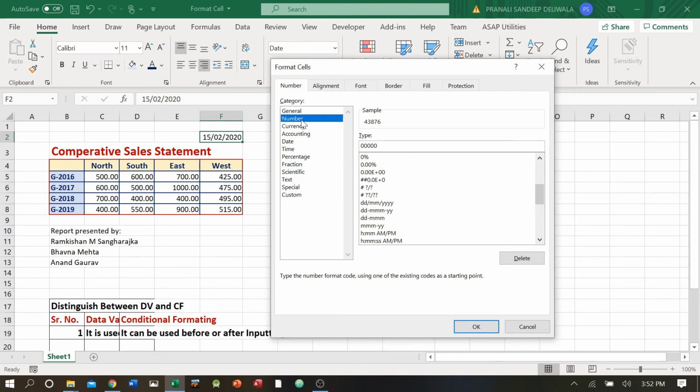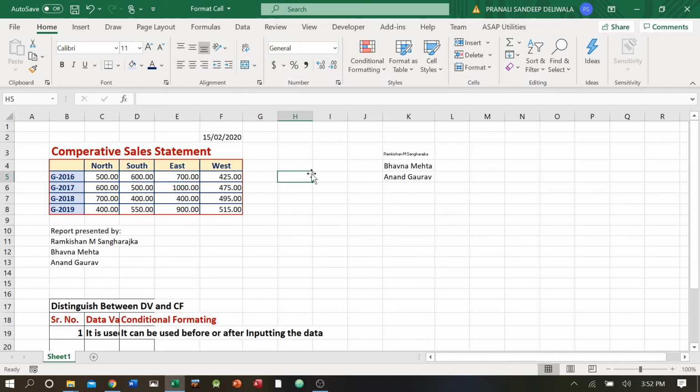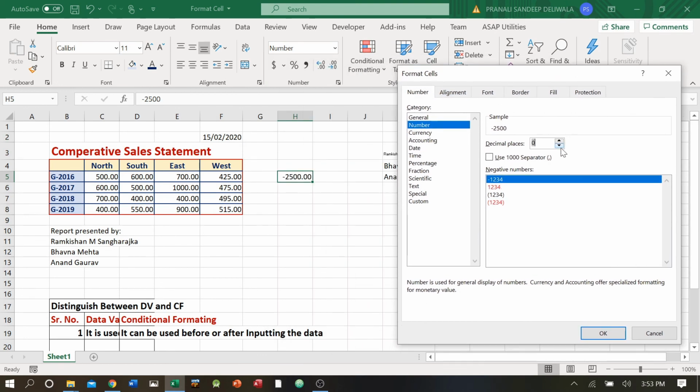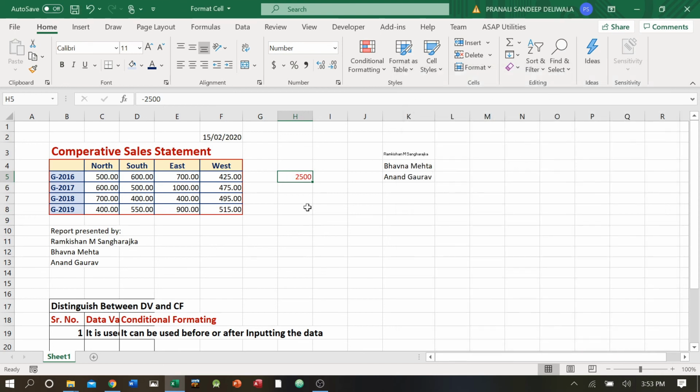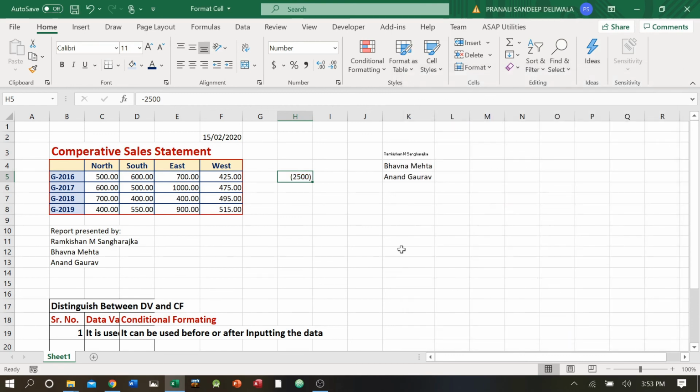Basic requirement is number. I can show you one more choice, like if I type here -2500. Okay, I'll select this. I'll go inside. You've already seen how many decimal. I don't want decimal, then I can remove the decimal. I don't want decimal. But I want, if it is negative, it should be shown in red color instead of minus, and I'll say okay. So there are no decimal, it is shown in red color. I also have a choice of, I don't show me in red color, show me in bracket. Okay, okay.